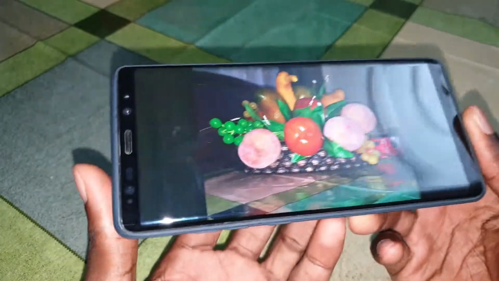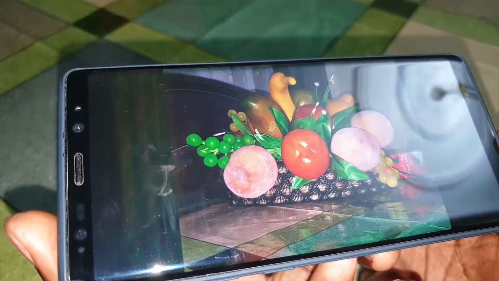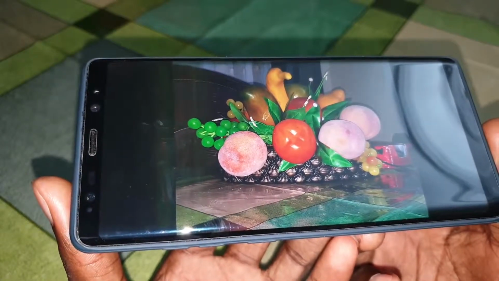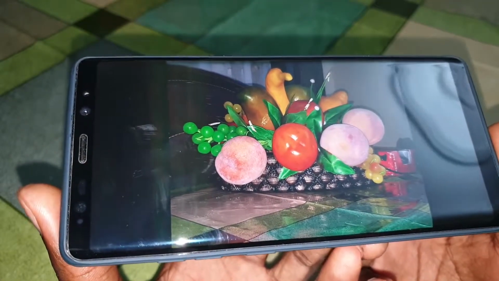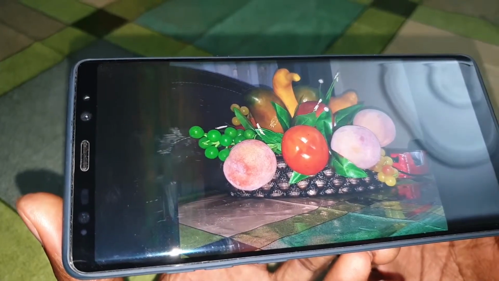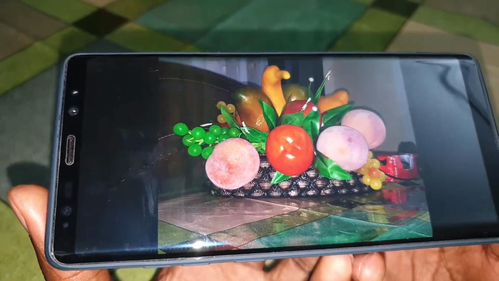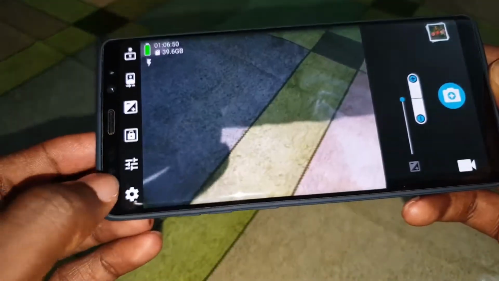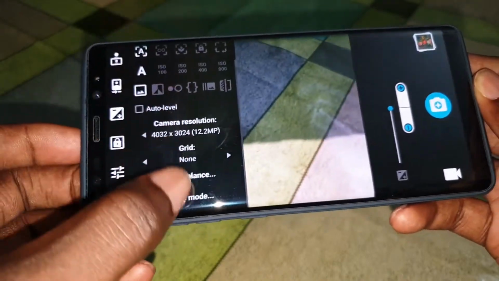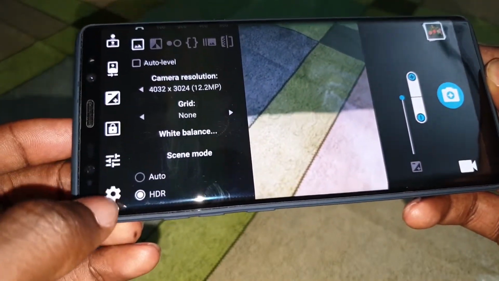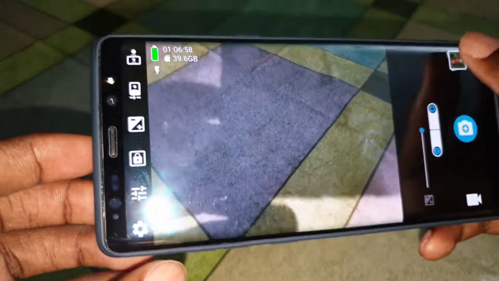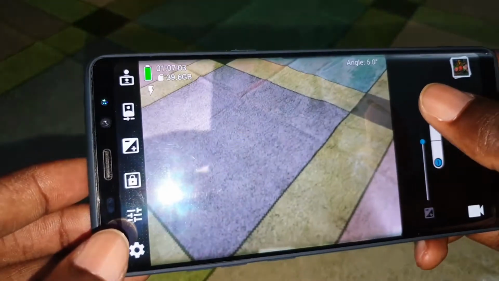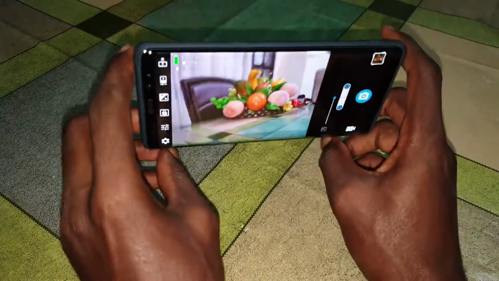Look at that. Oh, this is great. It's great. More detail. There are more details. So much more detail. I can't believe it. What the hell? There are so many more details. Wow. Okay.